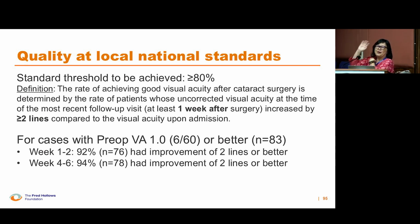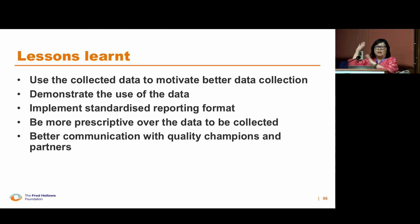So we all know that if you go in blind, 2 lines better, you could still be blind or severely vision impaired. And so if we looked at their data for cases of pre-op VA of 6/60 or better, there were 83 patients. At week 1 to 2, 92% of their patients had that outcome. At week 4 to 6, 95% of their patients. So this was actually quite an interesting exercise. So then we will be using this, and we will be trying to advocate to that government to adopt